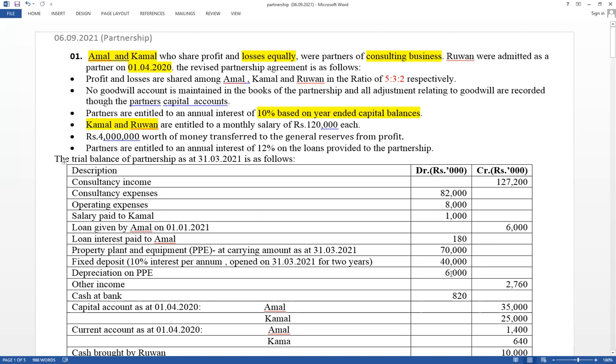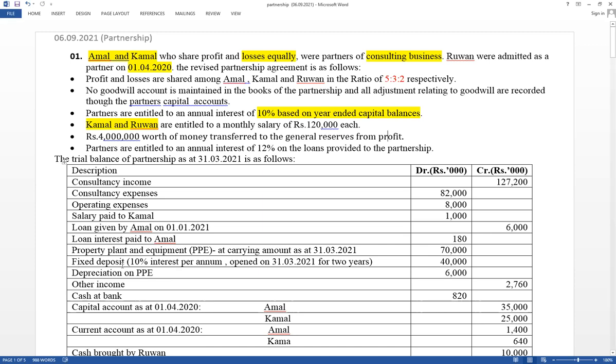What is the double entry? Depreciation expense account debit, property, plant and equipment account credit. Accumulated depreciation accounts are not given. Depreciation can be recorded through the asset account also. What we have discussed is depreciation expense account debit, accumulated depreciation account credit. But in this example, accumulated depreciation is not in the trial balance. What is the meaning? Annual depreciation was also recorded through the asset accounts. Given carrying amounts, annual depreciation is already deducted. Therefore, it cannot be deducted again. This value should be considered as an expense.